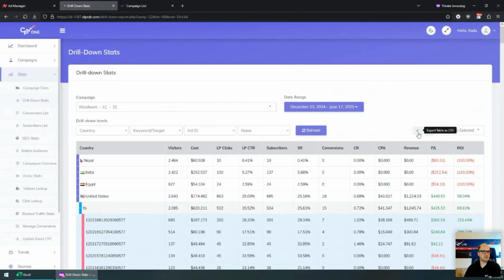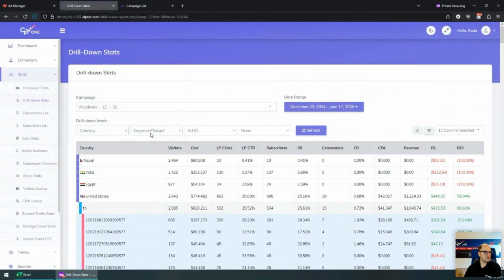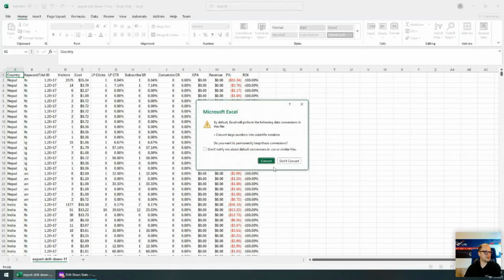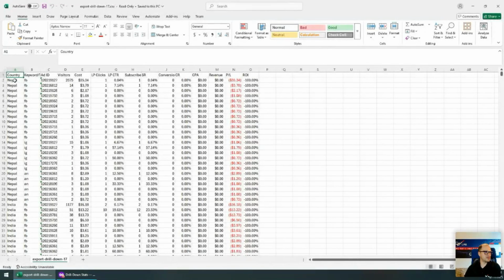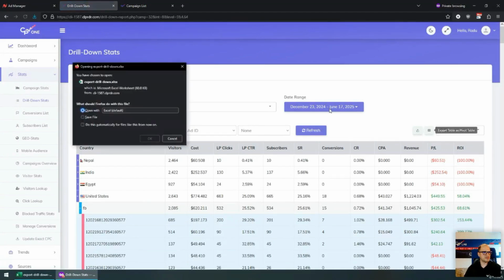The first export will be as a simple CSV, which will export each line, as you can see here, with the metrics for each combination between the country, keyword, and ad ID. But the interesting part is that we also have an export as a pivot table in Excel. So if we choose this,